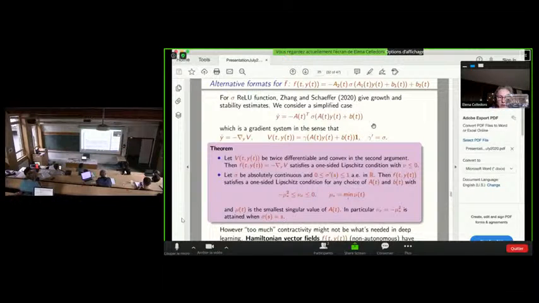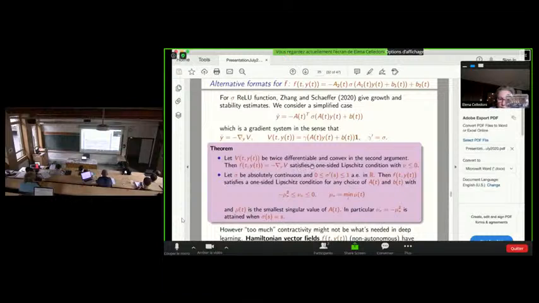So for this kind of vector fields, we can prove the following theorem, which is indeed similar to the results that can be found in the paper by Zhang and Schaeffer. And first of all, given that V is twice differentiable and convex, we can always show that there is a one-sided Lipschitz constant with nu less than or equal to 0.